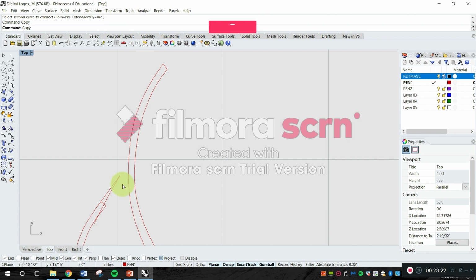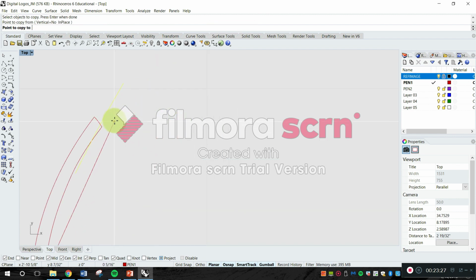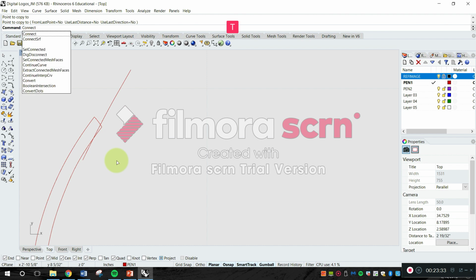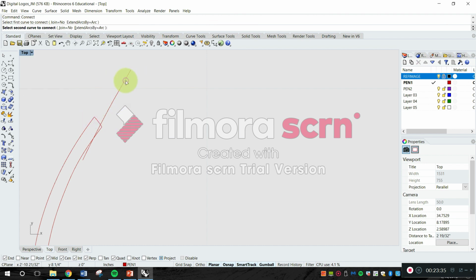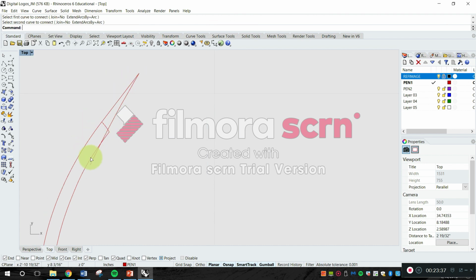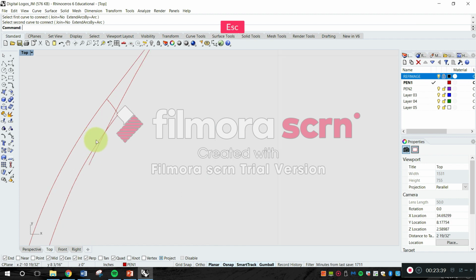What happens if I copy this little line segment right here, and then I also bring it somewhere over here, right there, and then I type connect, right, to connect this right there, and then I can select that line right there and delete it, type trim right here,